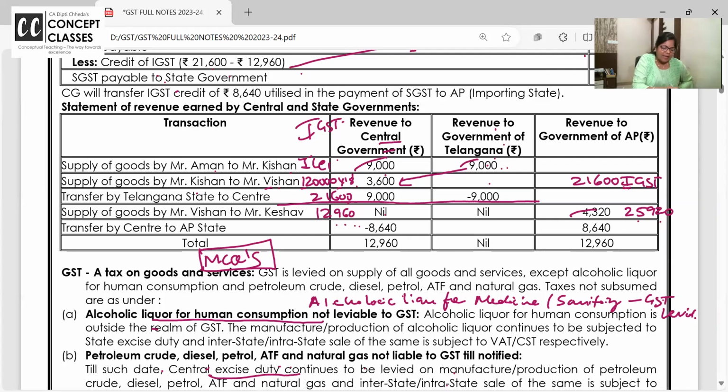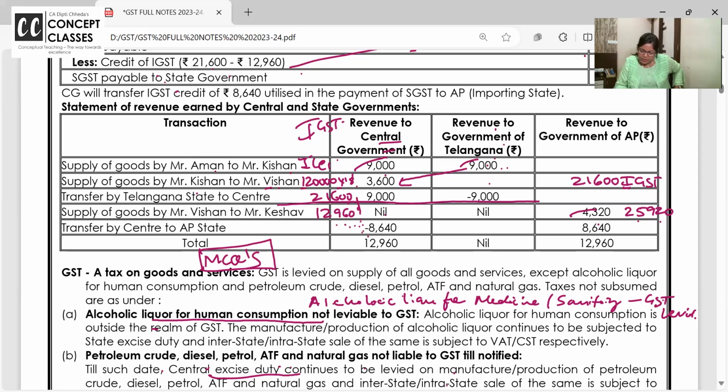21,600 minus 12. If you have this hard copy, you will understand. Otherwise, pause for 2 minutes. We'll go to the definitions. So, the center, you have 21,600. But now part of the goods have gone to the state. So, in state also, the CGST part will go to the center, no? So, if you minus this